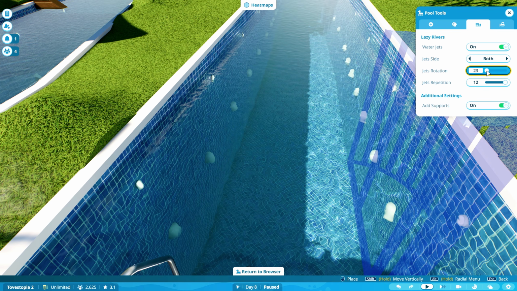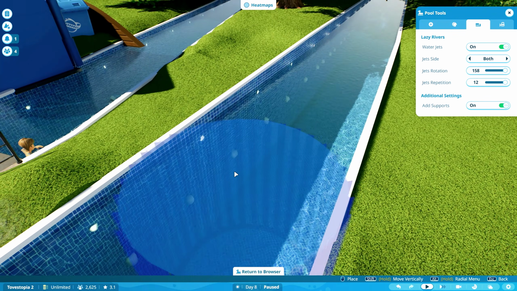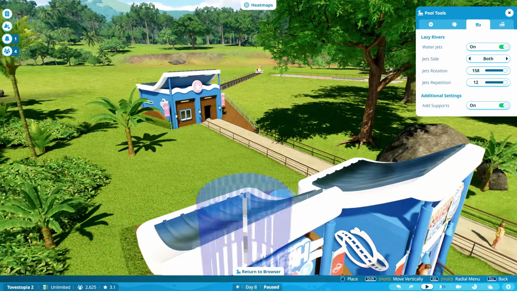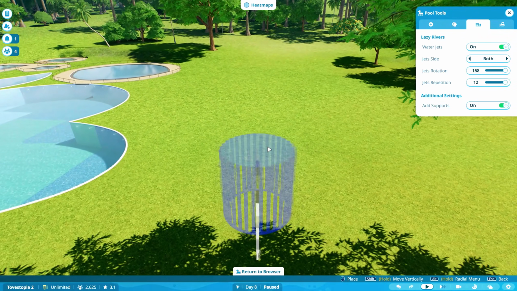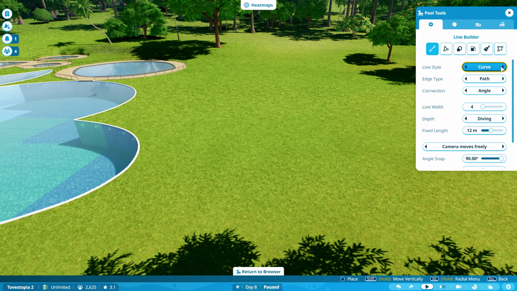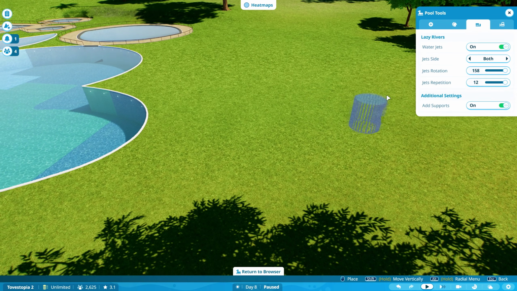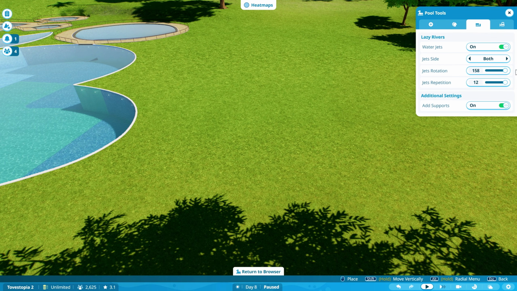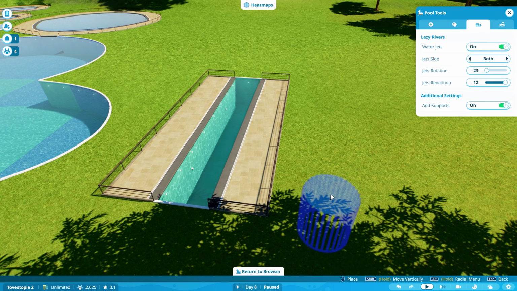And you also get this jet's rotation option, which is really quite confusing. But basically, let's just go back out to our little space again, and let's go straight path, and we'll go angle snap is on. Okay, great. So let's just check. If we go 158 is the maximum, which I think makes sense, and I'll explain why in a second. And then if I go back the other way with these ones,